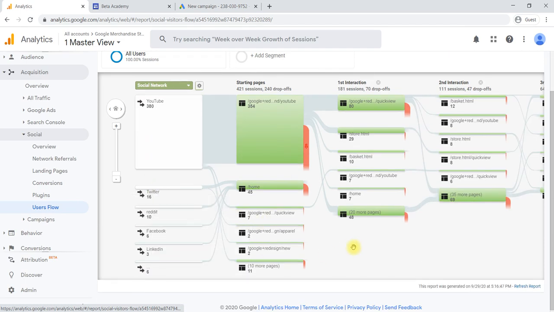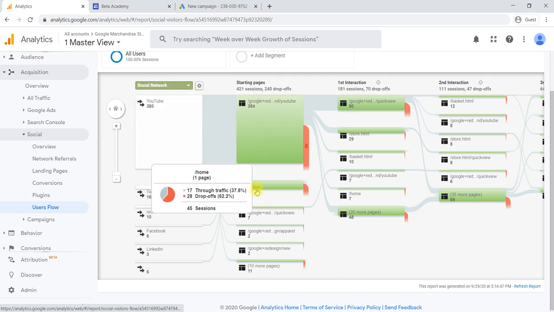How many of them visited? First they visited YouTube. Here we have to understand this hierarchy. First they visited YouTube. Here, where they first visited, these are the platforms they visited. From there, which page they selected. This is the one page. How many? 354 of them out of 380. 354 of them selected this particular page.